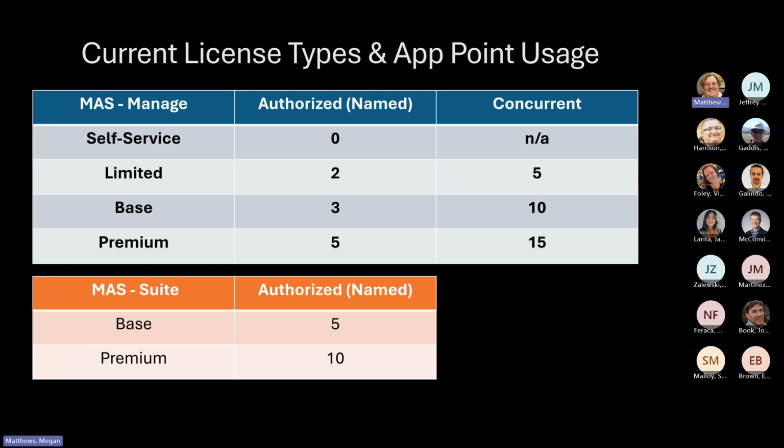A base license is 5 points, so the same as a premium. So for example, Carlos, who does Manage and Suite, he would be 5 for his premium plus 10 for his Suite premium. So the total number of points he would take out whenever he logs in is 15. So essentially the same as a concurrent license, whereas someone else that only does base would be 10, let's say, or 8 if they're not using an add-on. So that's an idea of how those app points work